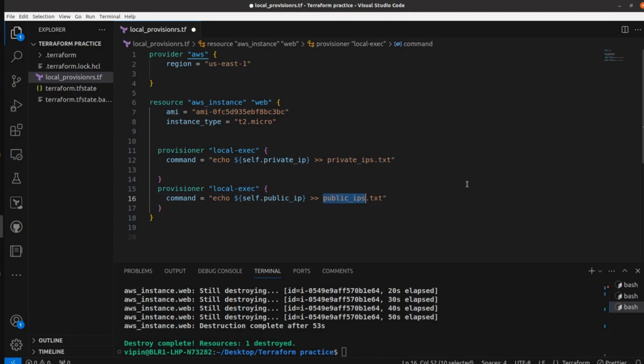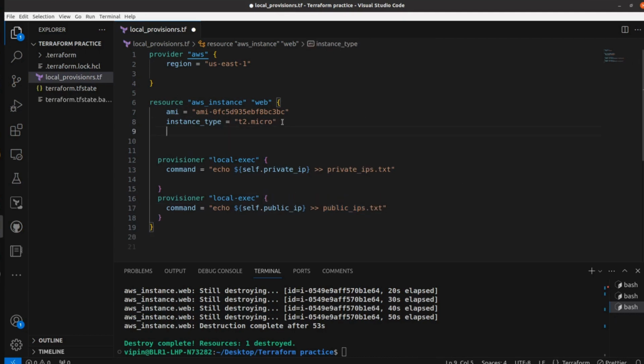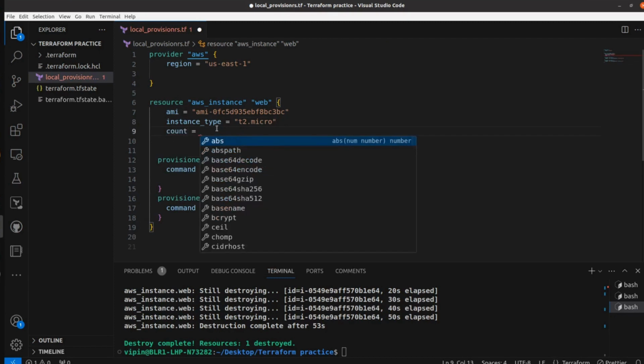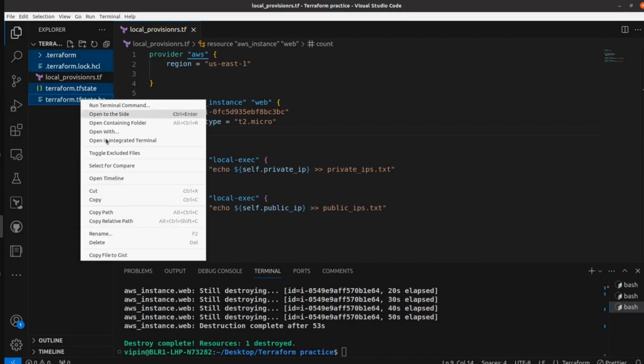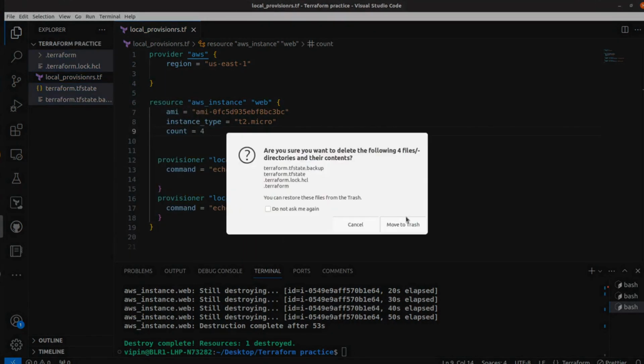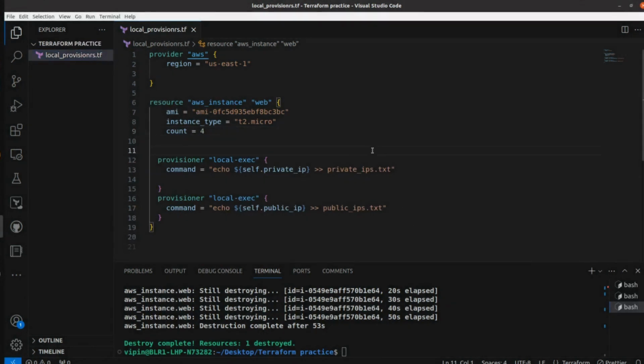Let's use the count meta-argument here, because I want to create four EC2 instances. So count is 4. Let's save this and delete whatever state file we have, and save this again. Now we are going to store the private and public IP of the four EC2 instances that we are creating.